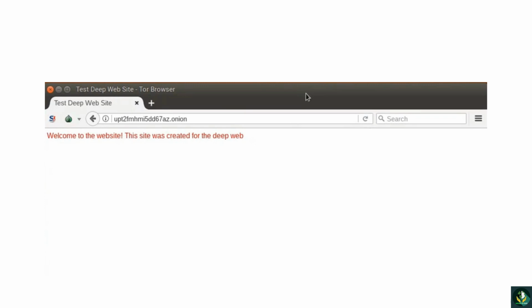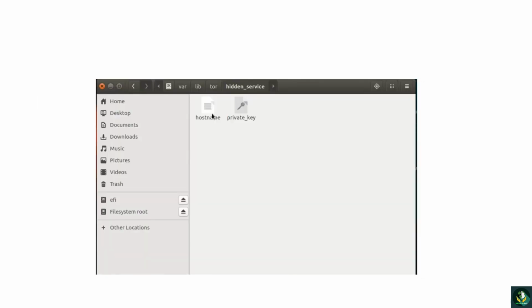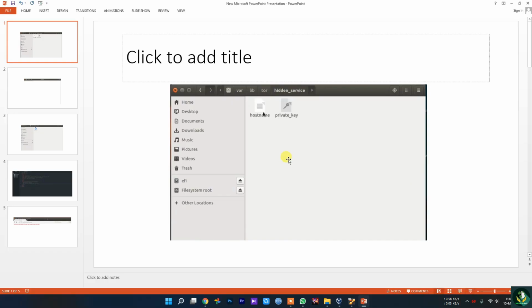So this is how you can set up an environment, create a deep web website, and basically set up Apache. That's basically it for the video. It's not really that complicated, but as you can see, it's totally worth it and it does work. So that's how you can create or host your own deep web or Onion website on the Tor browser or in the darknet. So that's it for today.